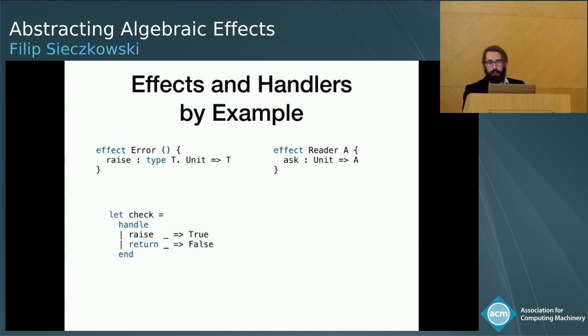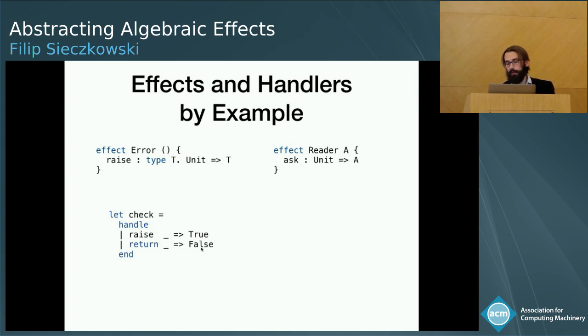But that's not the only thing we can do, right? In this case, we've resumed precisely in that context. We didn't do anything once the string was evaluated. We just discarded the handler. We can do other stuff. We can simply check whether an exception was raised, like in the check handler here, which if there is an exception raised, returns true without calling the continuation. And because of the type of the error, it could never call the continuation. Whereas in the case where the evaluation terminated with a value, it simply returns false, since no exception was raised.